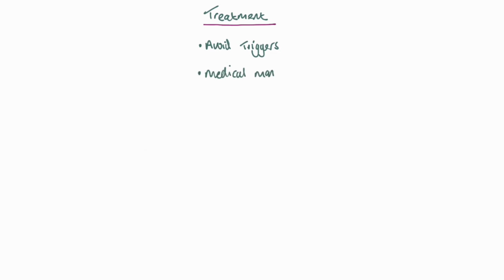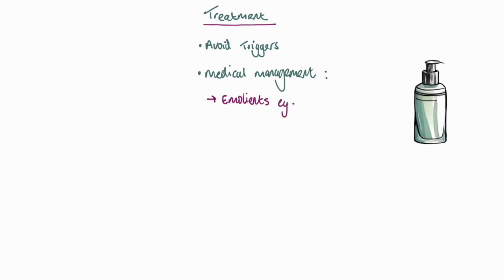Medical management of eczema involves a stepped approach. The first treatment is with the use of emollients. Emollients are moisturizers that moisturize the skin. They can come in a variety of different forms such as creams, ointments, and lotions. Examples of emollients that you may have heard of are E45 lotion and Epiderm cream. Emollients may also be added to soap substances such as shampoo as well as shower gels.